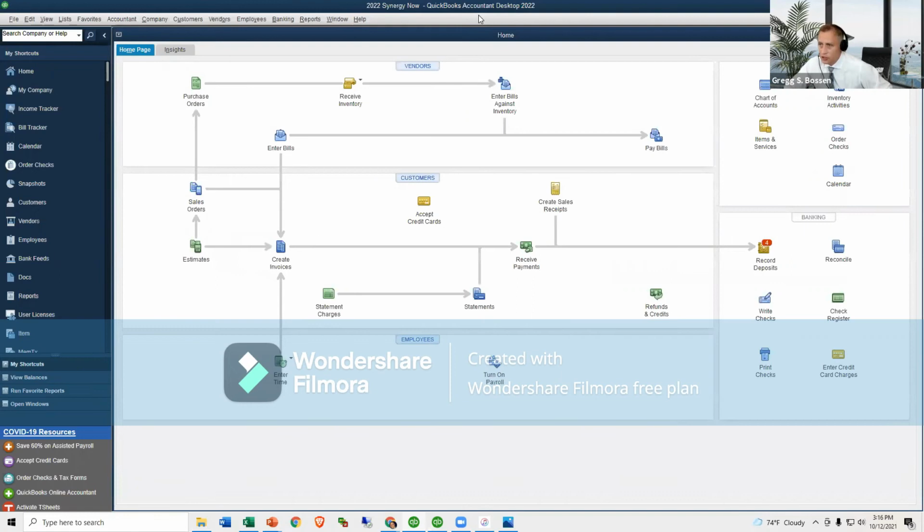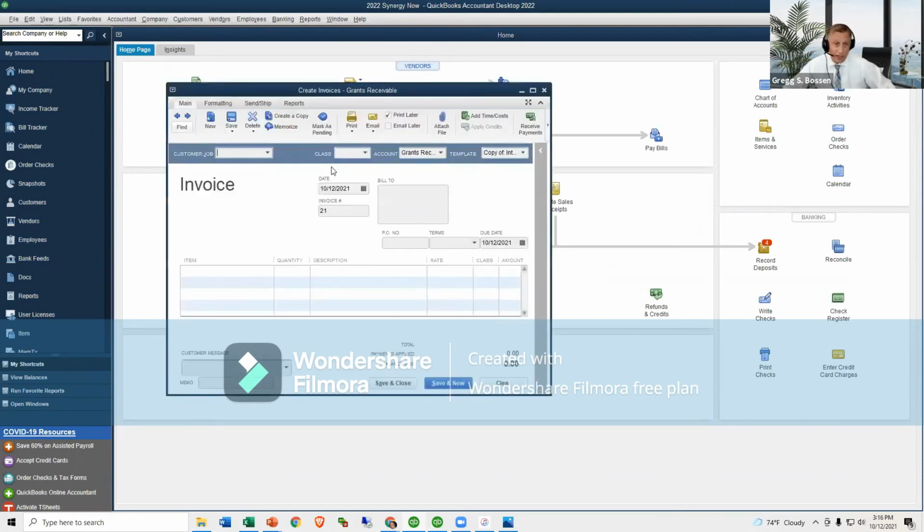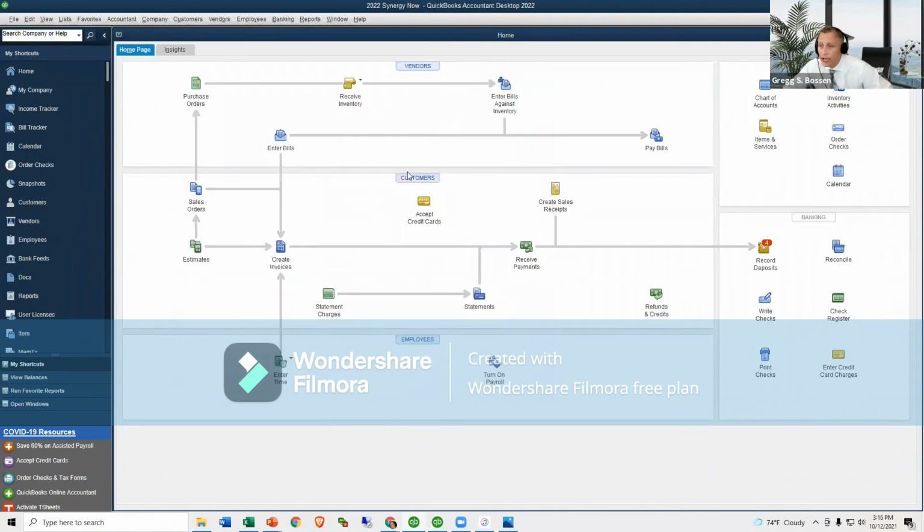Okay. So the other thing that I just want to show you real quickly that is new in QuickBooks 2022 has to do with multiple email addresses. Now, this is only helpful for those of you that actually send either invoices or sales receipts to customers or donors, okay? When you set up, I'm going to go to the customer